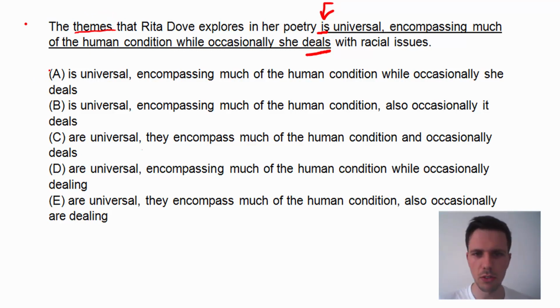Sounds better, right? So for that reason, A is going to be wrong because A is always the same as what you get in the stimulus. So we'll move directly on to B, and we can see B makes the same mistake. So B is also wrong. So that leaves us with C, D, and E. So what's our next step? Well, we got to find a new mistake.